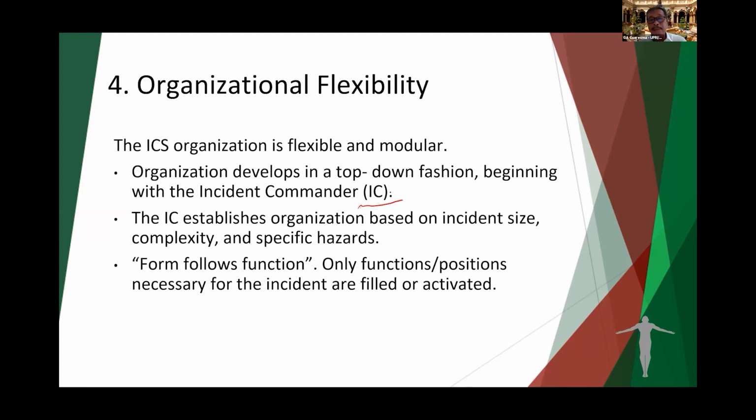And he establishes the organization based on the type of the incident, size, complexity, and also specific to the hazard. The ICS is one where form follows function. In other words, you only activate a particular section or a group if it is needed or necessary in the